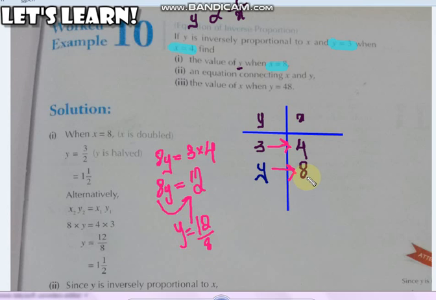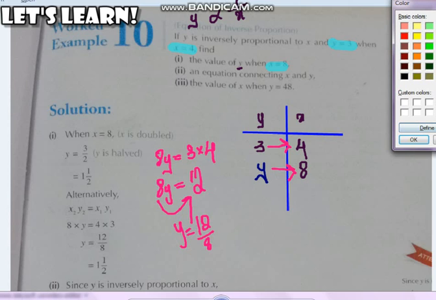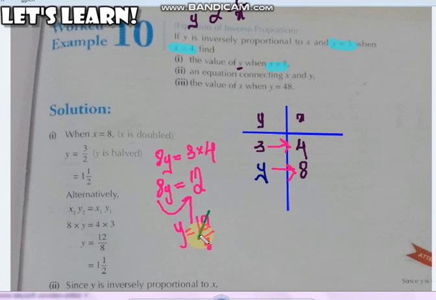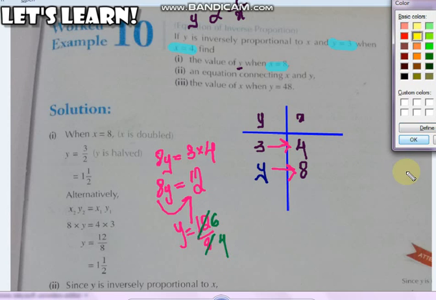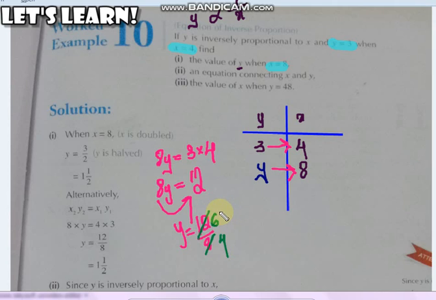If you see 8 और 12 जो है एक ही टेबल में आता है. कब आते हैं? They come in table of 2. 2 6s are 12. 2 4s are 8. Again 6 and 4 seem to be coming in the same table. So we know that they come in table of 2. 2 3s are 6 and 2 2s are 4. So we are left with the answer that y is equal to 3 upon 2.